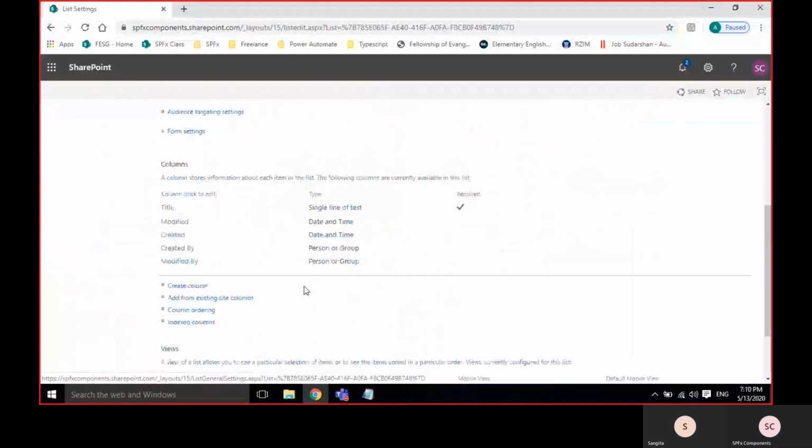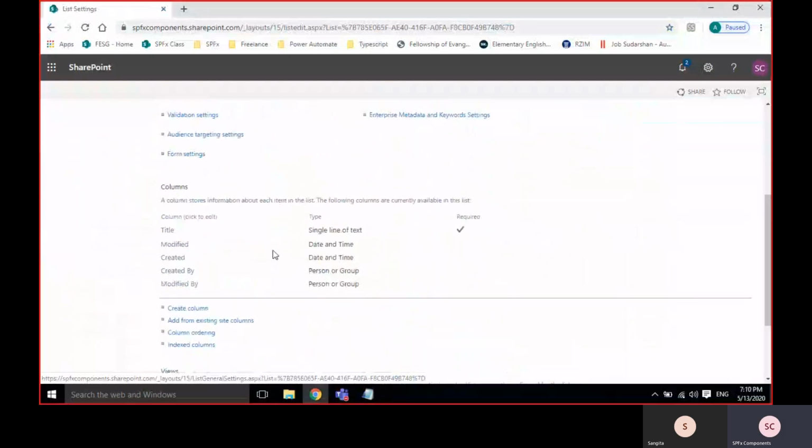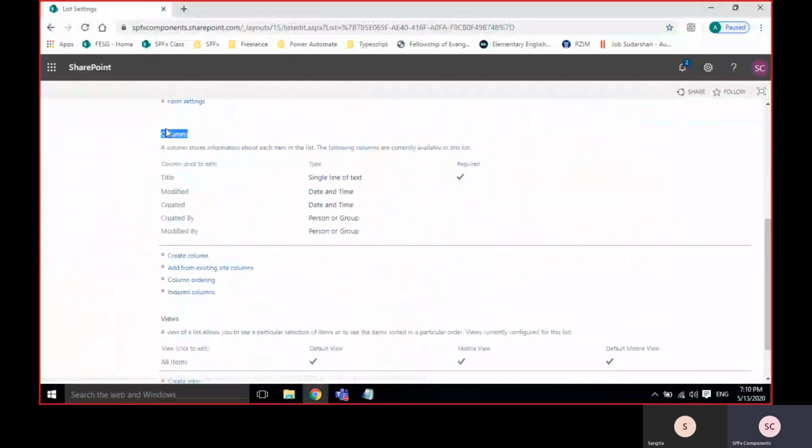There we can see in the column section, by default you can see these five columns: Title, Modified, Created, and so on. These are the data: Created means when the record was created and by whom, Modified means who modified it and when it was modified. These are the default things.